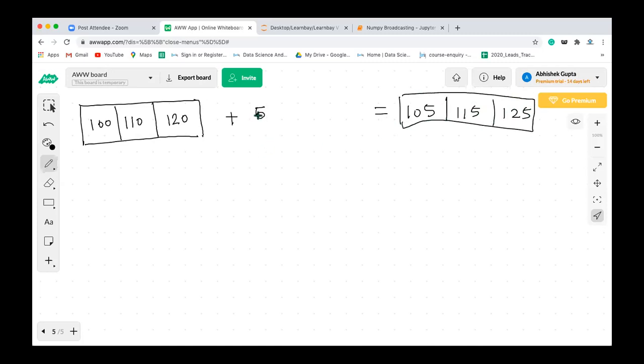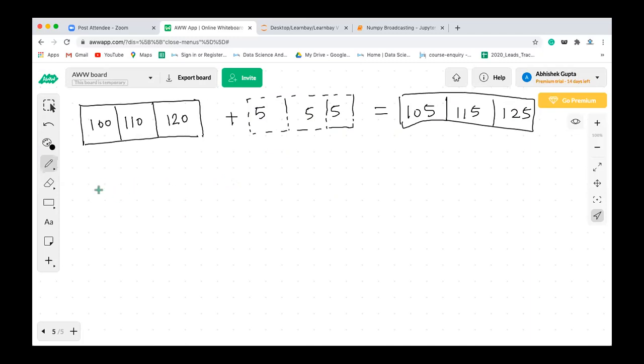Fine. Now here also array broadcasting is happening. So let's say this is 1, 5, right? Now it will be broadcasted along the columns, right? This is 5. This is also 5. Clear? It will be broadcasted along the column. Okay, so now the element-wise addition will happen, or you can take the multiplication also.